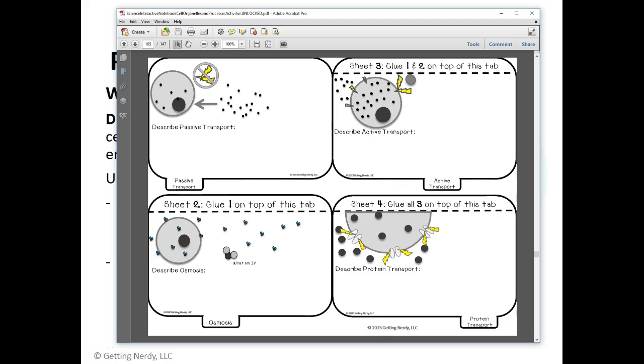Hey, this is Horner, and we're going to look at your interactive science notebook where we're going to place the different types of transport for different materials within a cell. So you'll see passive transport, we'll have osmosis, we're going to talk about active transport, and finally protein transport. So you want to cut these out for sure, you want to get them into your book, and then you